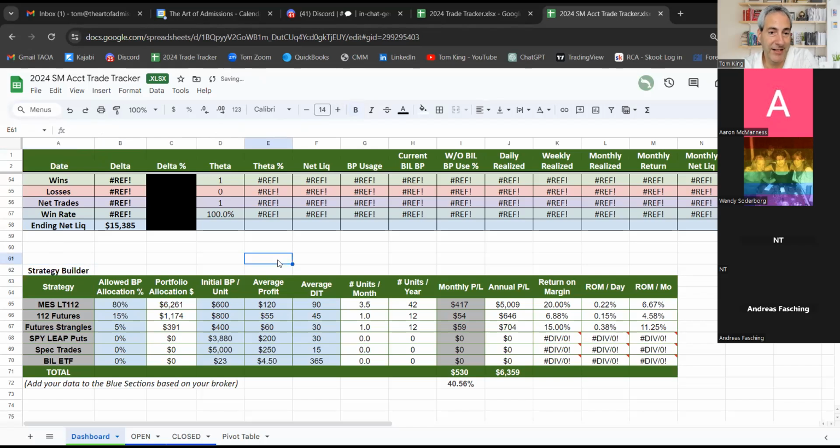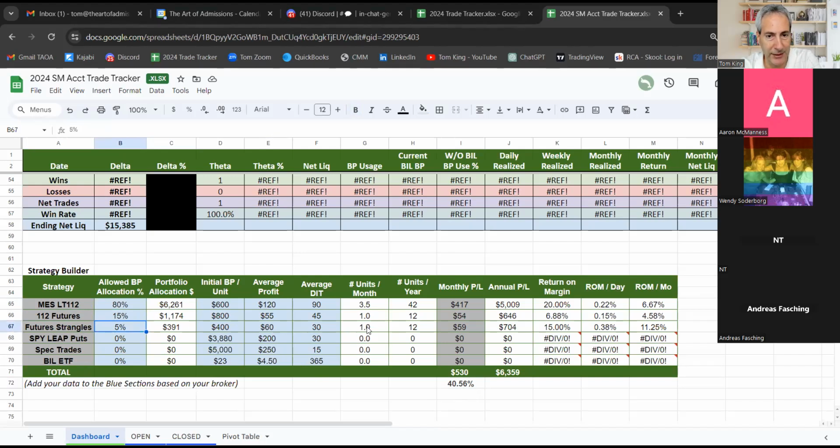It's tough. I mean, small accounts are tough. You don't have a ton of things that you can do. But for me, and I played around with this the other day, I think we did this on a live version, I was allocating 80% to long-term 112s on MES, and I played around with these percentages to see what I could get the best return for my money. I was going to do 15% in some standard 112s, and then 5% into a future strangle,